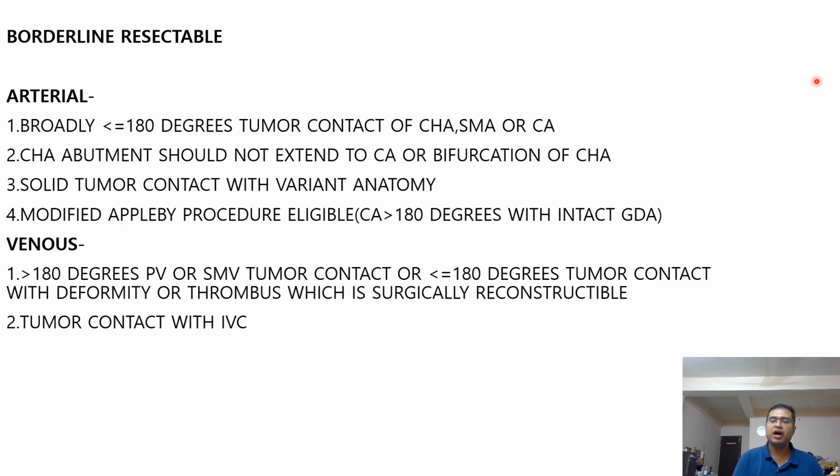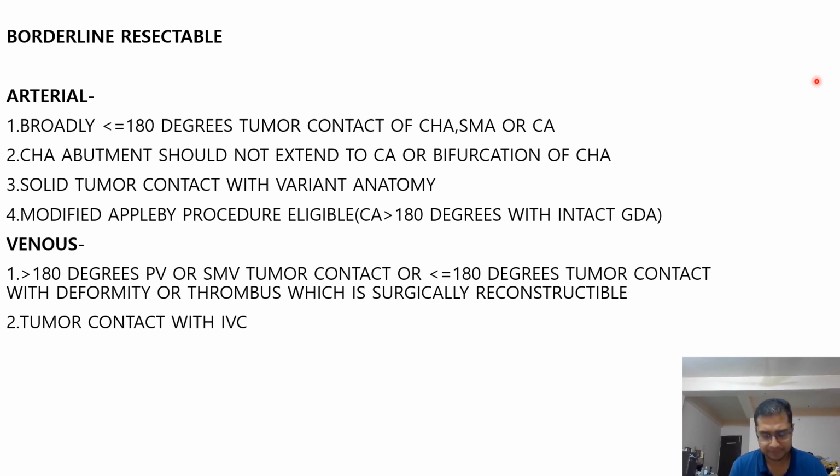So in artery, if the artery is involved less than 180 degrees or up to 180 degrees by the tumor, particularly the common hepatic artery, the SMA or the celiac artery. When the common hepatic artery abutment is present, but it does not extend to the celiac artery or bifurcation of the common hepatic artery, or the solid tumor contact is there along with variant anatomy like accessory hepatic artery or replaced hepatic artery, or when there is, now this is an important thing because it's a recent advancement, when the